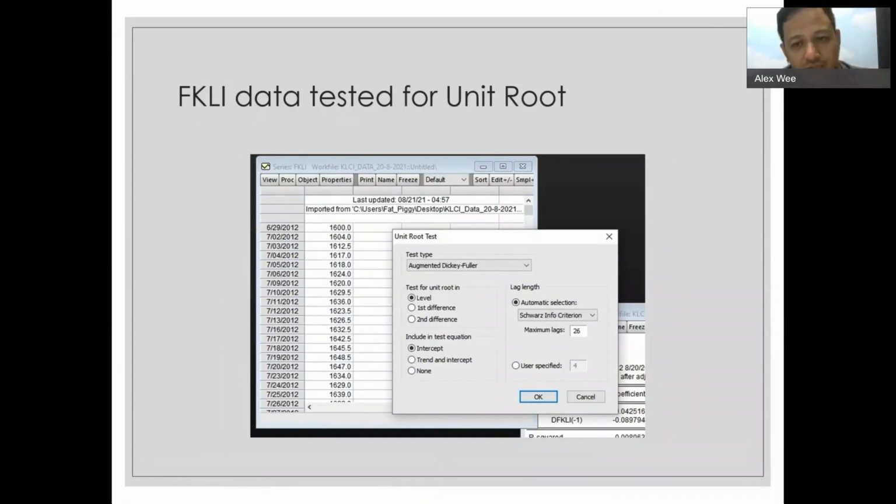But if you really want to test it again, you can get some statistics software like EViews. Here I'm using EViews. You can use others like SPSS, MATLAB. All these statistics software can run certain statistical tests like unit roots. So let's test for unit roots. What I did here is I used the Augmented Dickey-Fuller test as the unit root test, at zero level, with the Schwarz info criterion as the selection.